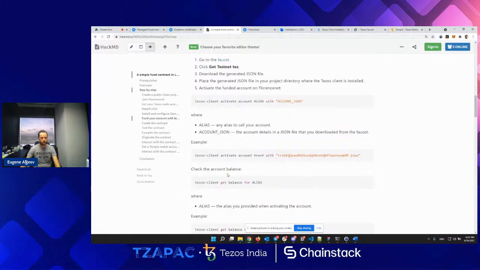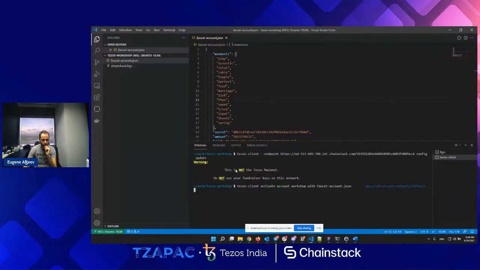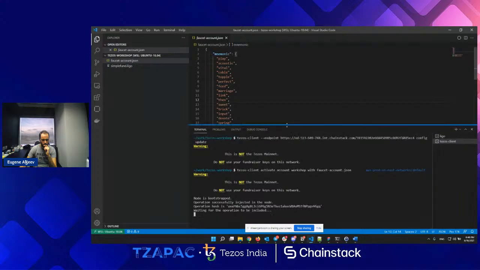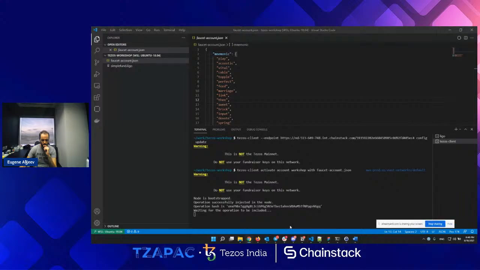Yes, check the account balance. Okay, let's see whether it will work. Operation on the bootstrap successfully injecting the node operation hash, waiting for the operation to be included. Let's see. Let's wait for it to finish.